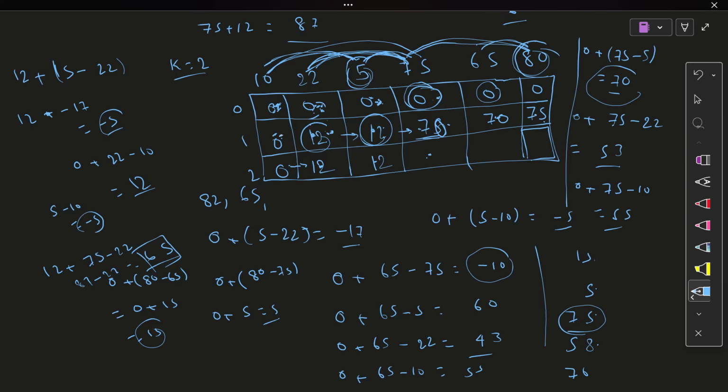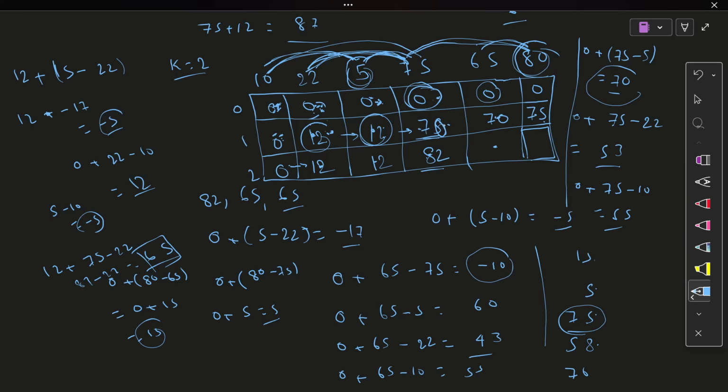Then for here, 0 from the first transaction, and 75 minus 10, 65. Which one is maximum? 82 is the maximum. For here we can check for this one. 70,